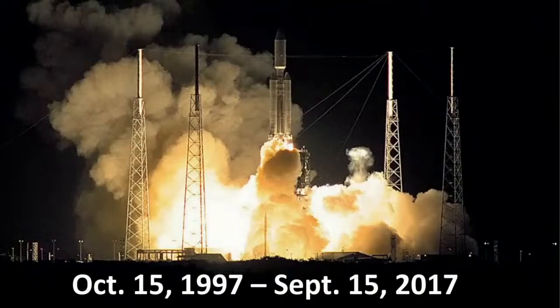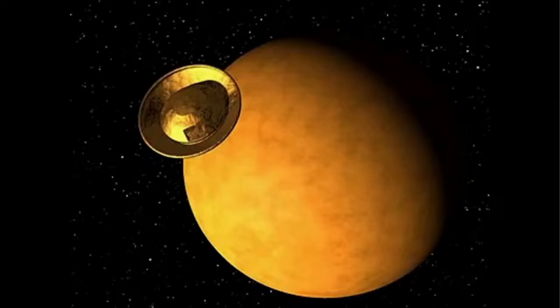There's the launch of Cassini. And here's an artist's rendition of what it would have looked like as Cassini approached the Saturnian system. It released the Huygens probe to fly unaided into the atmosphere of Titan using aerobraking and then eventually a parachute, which, as you might imagine, was very efficient with a very thick atmosphere of Titan